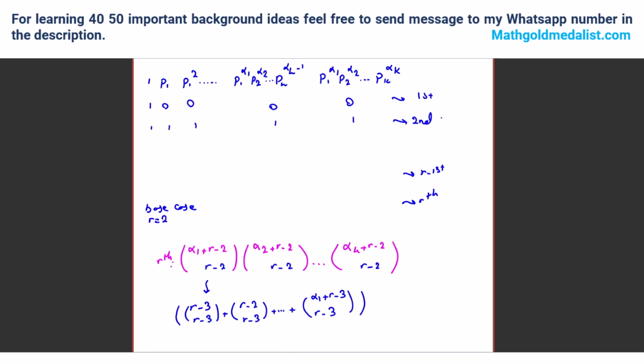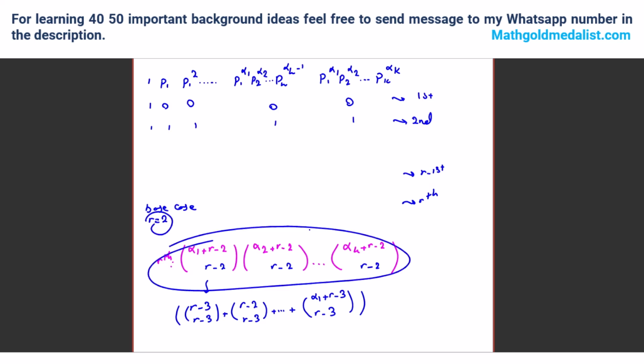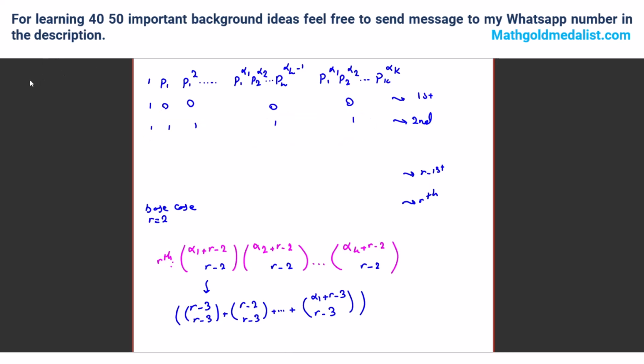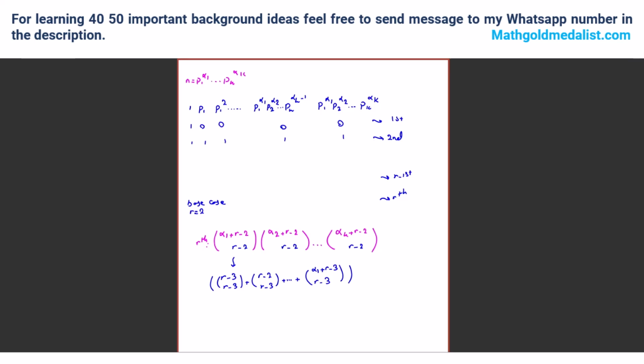Base case is correct for all. Because when you replace r = 2, all of them will be 1. And it is correct, right? All of them equal to 1, right? Yes. Okay, now